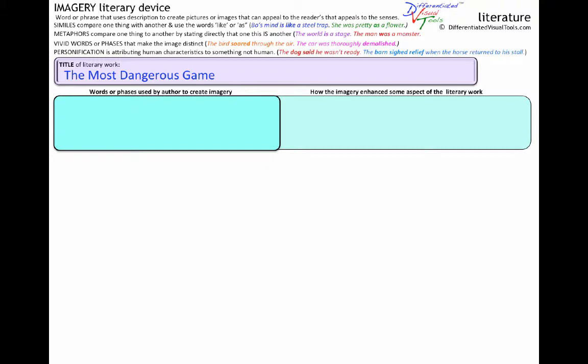So when we're analyzing words or phrases used by the author, we're also going to identify what imagery type. And in this case, we're only looking at 3 types: similes, metaphors, or use of vivid words or language. We'll also identify which senses that form of imagery is appealing to. For an example, whether it's appealing to the reader's sight, hearing, smell, touch, or taste. For an example, the author wrote, "An apprehensive knight crawls slowly by like a wounded snake." That's definitely some vivid words, and it's also a simile. So that's appealing to the reader's sense of sight.